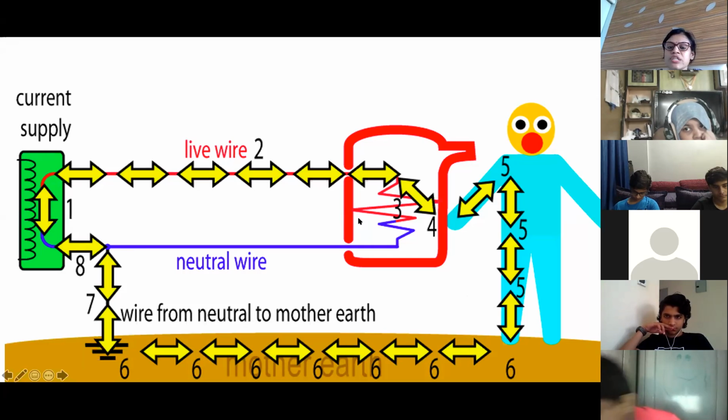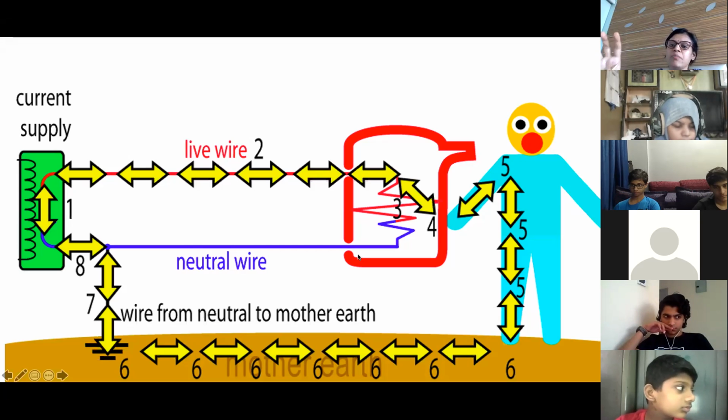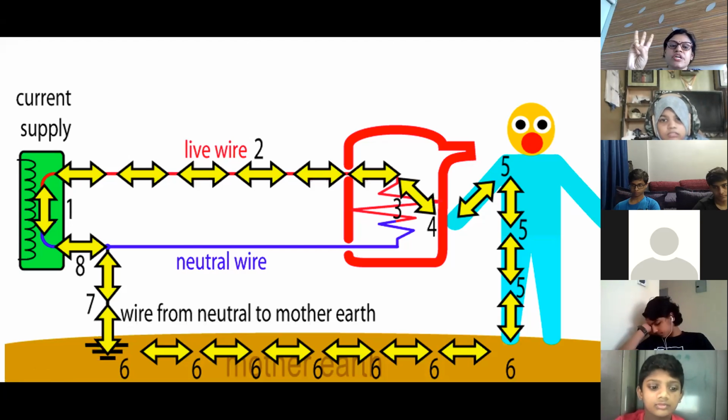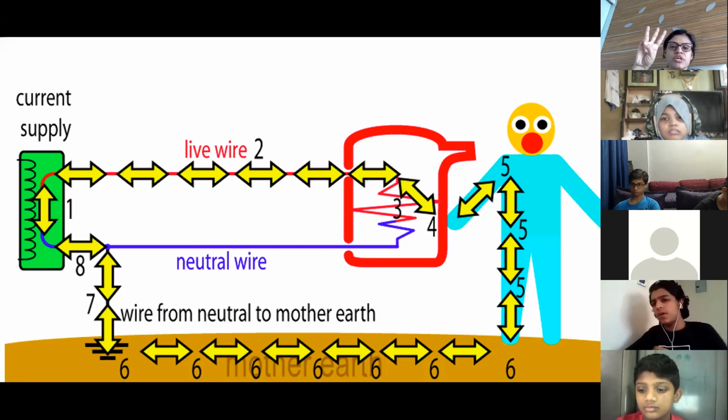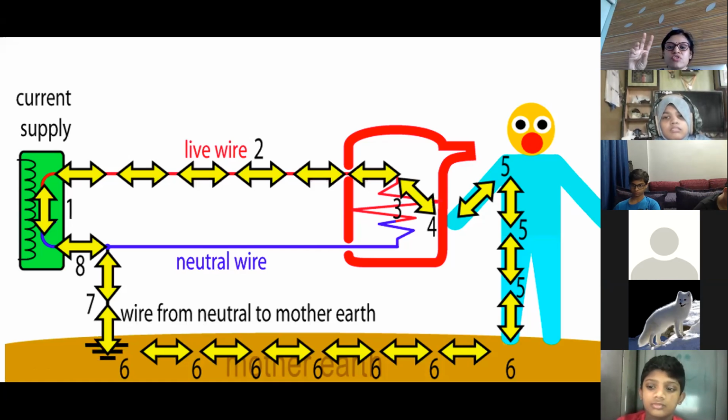Why? Because most of the devices are metallic in nature, and at home you have a socket, and the earth and neutral wire are connected together. Earth means zero potential. Now all the devices are connected through the plug point, and the plug has 3 wires. You know the top one is earth, and you have three holes, na? The socket has 3 connections. The plug has 3. Yes or no, Ahmad? Have you seen it?